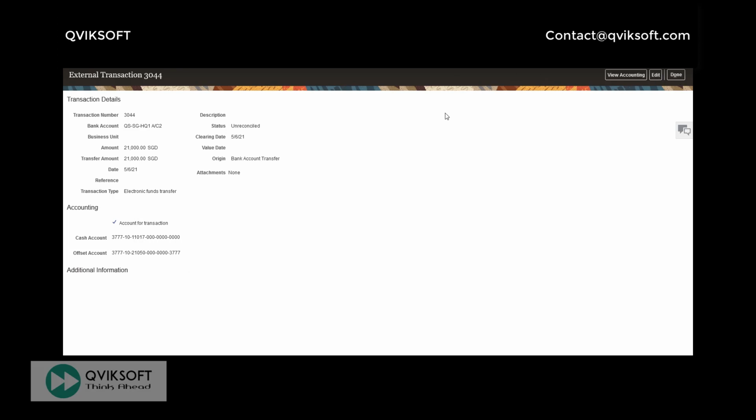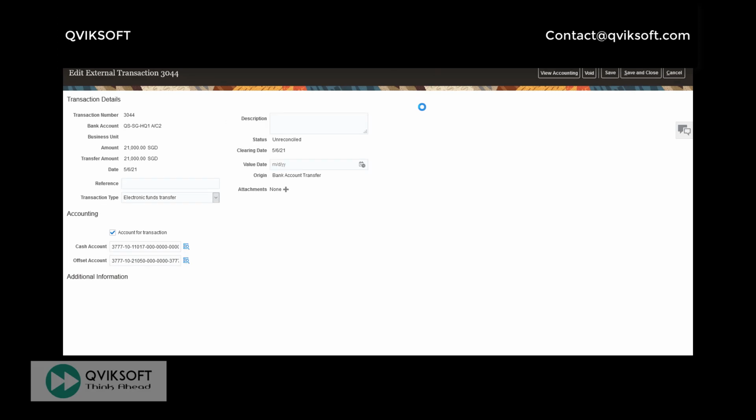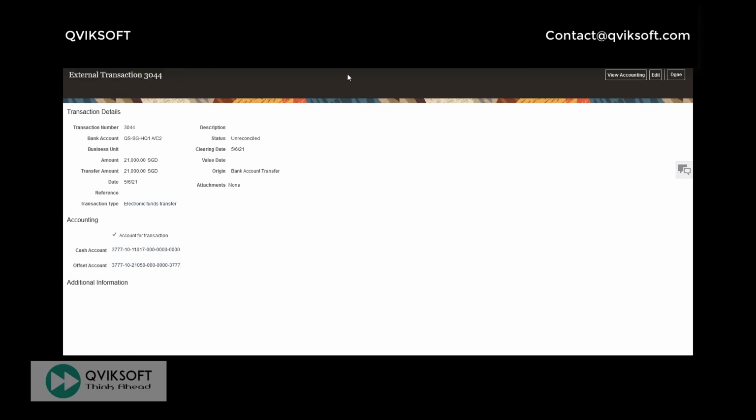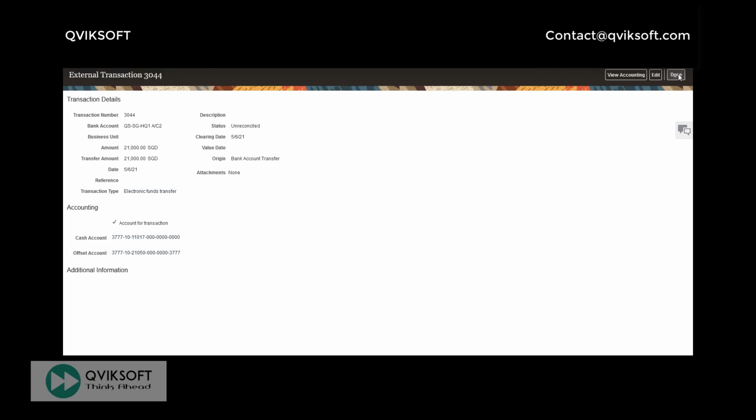Now another option I have here is I can click on edit, and I put some description. You notice we can change a few things here. I can change the account if required, because this is the same as any external transaction, but amounts and all we cannot change. But a few other things it still allows you to change. You can also add an attachment if you have, and if any change in account is required, you can do that. Now at this stage there's no accounting. I click on view accounting, nothing will be shown here. Once we load the bank statement and reconcile, only after that we'll see the accounting.